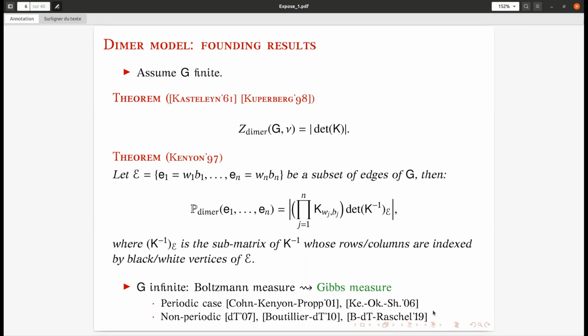Excuse me, naive question. When G is infinite, do you observe anything like a phase transition, some new phenomena that you wouldn't